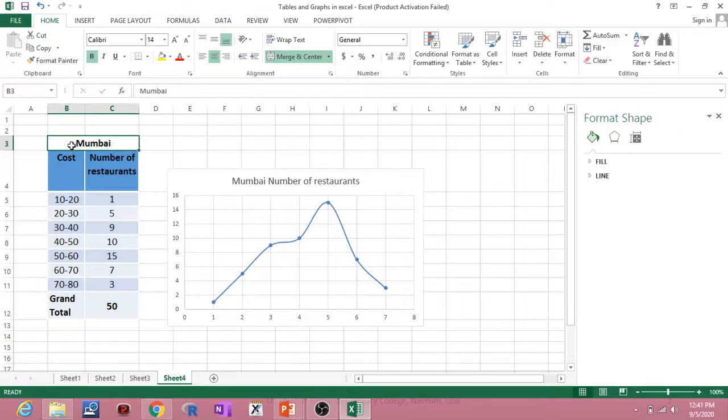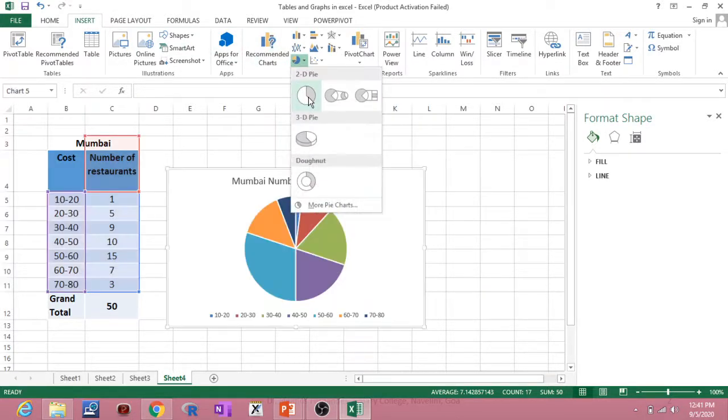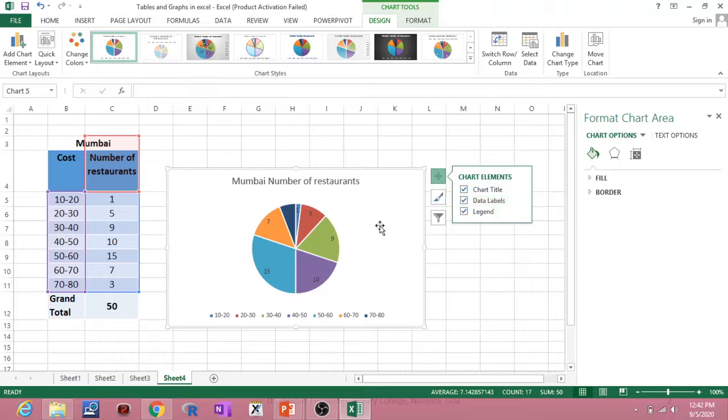If you want the pie chart, select the table and go to this Insert option, and here the pie chart options are. The pie chart is here. If you want the labels, then you can say data labels. Say OK. This is how you draw a pie chart. So we have talked about how to plot various graphs and how to construct a table using Excel.